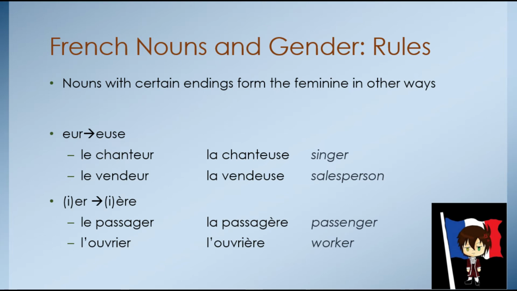We have nouns with certain endings form the feminine in other ways. So, medyo may pagkakomplikado to konti. Kaso may pattern naman. Mostly may mga words na nagtatapos sa EUR ay magiging EUSE pag gagawing babae. First example, we have le chanteur, male singer. Pag female singer, la chanteuse. Paano pag salesperson na